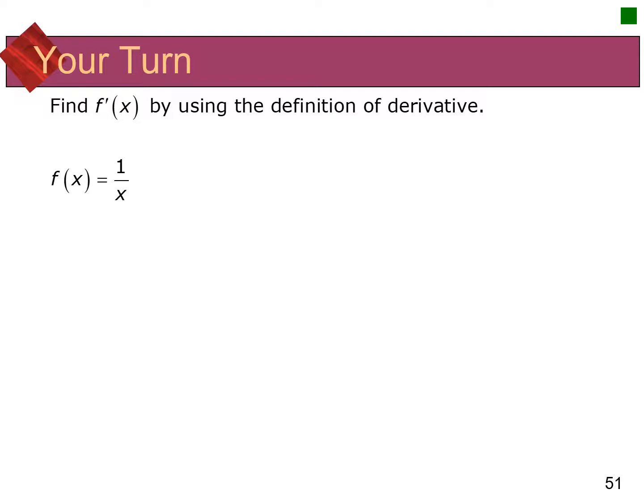So for the example that you were asked to try, you were asked to find the derivative of this function here, 1 over x. And I start off the exact same way. I'm going to do limit as h approaches 0 of f of x plus h, which is this part right here, minus f of x all over h. But again, the issue I have with this circumstance is that I'm trying to eventually get that h on the bottom, which is partially cut off right now,